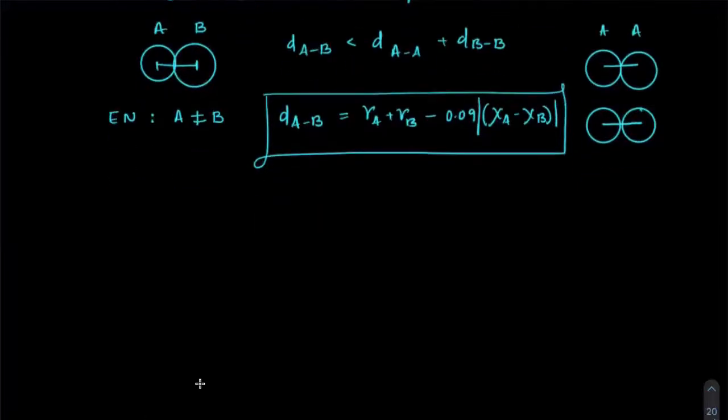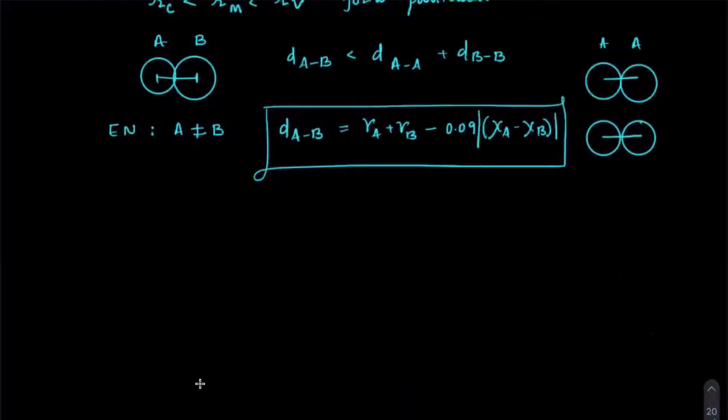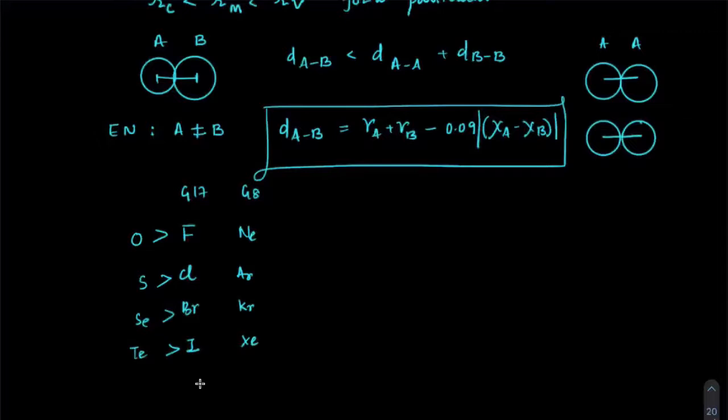Next, when it comes to atomic size, the only thing you need to be very clear about is fluorine, chlorine, bromine, iodine, which is group 17, then group 18, which is neon, argon, krypton, xenon. Till this point atomic size is decreasing. Before that, oxygen, sulfur, selenium, tellurium are all bigger in size than group 17. Now suddenly group 18 will have a drastic increase in size